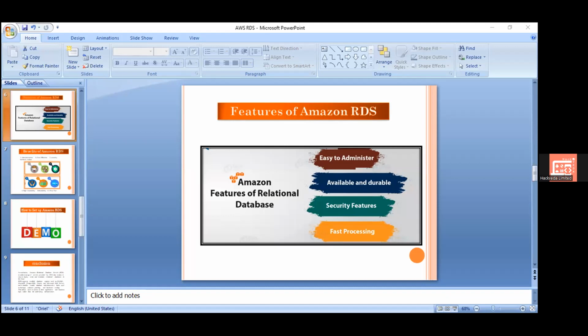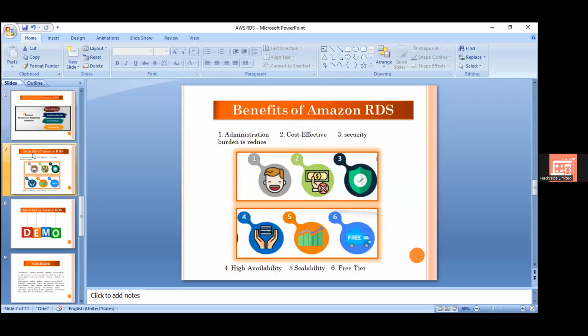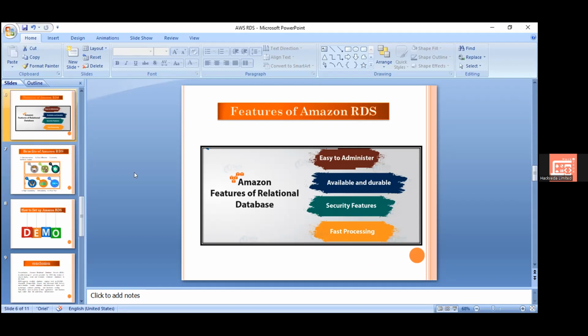Then please check, because I guess you are moving the slides, but I cannot see them changing. Yeah, now it's changing. Now it is visible. Yeah, you can start.